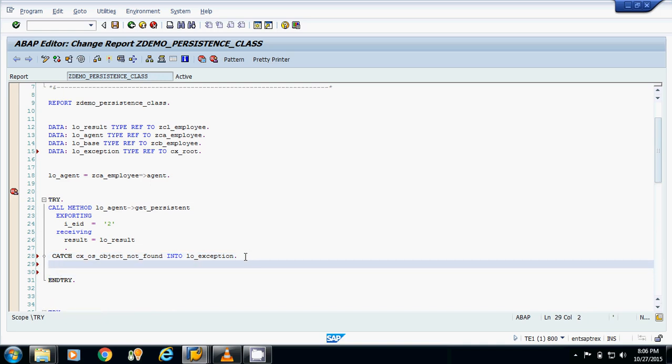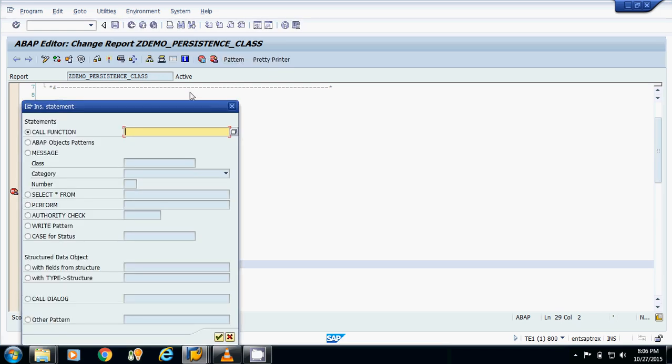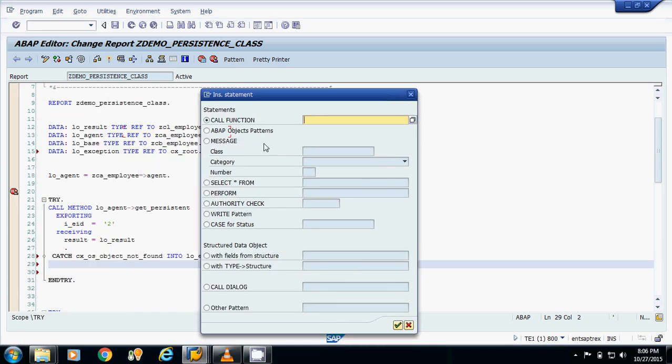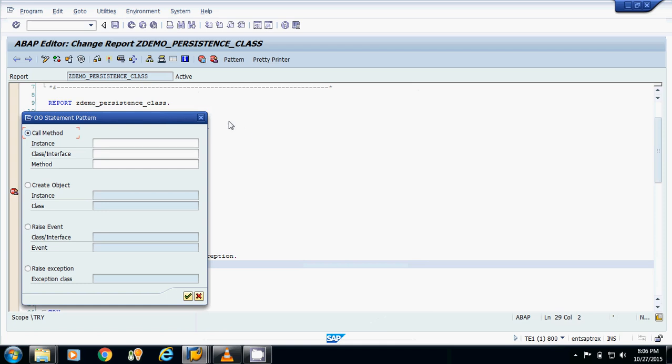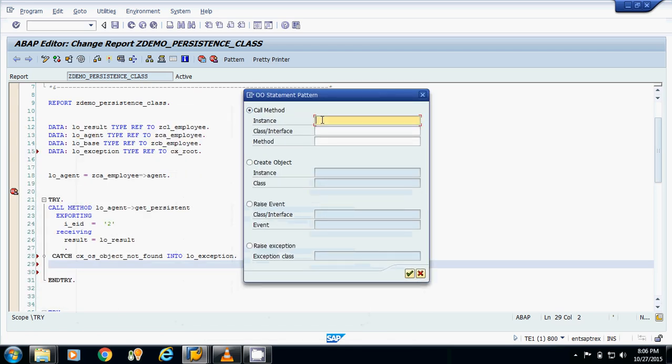Now I have to display the error message. So how can I display the error message? I will go with Pattern, ABAP Objects Patterns. Now I am pressing enter. The object name for the global class is LO_exception, and the class is CX_ROOT.